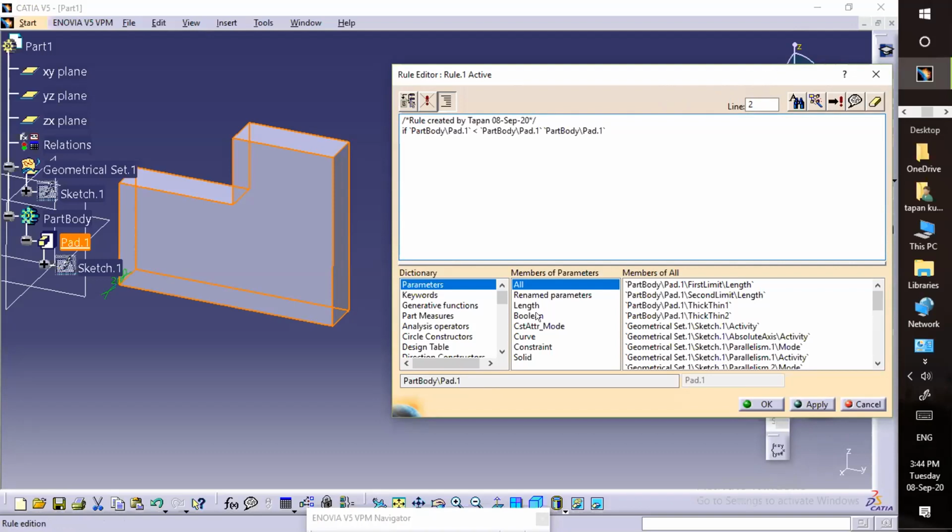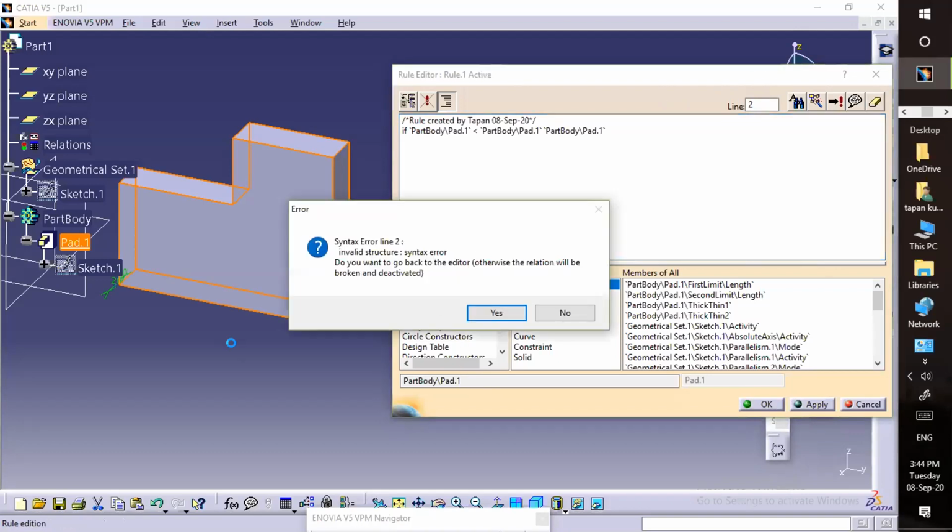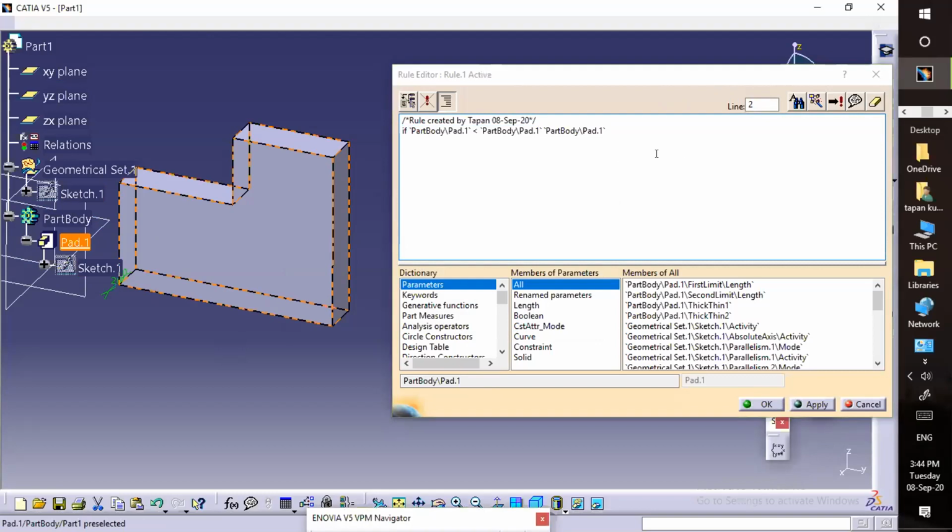Just let me check once. No issue, let us consider 100. I am not going to check it again. Just consider that the value is 50, for example. So if the value is greater than 100, then what will happen?